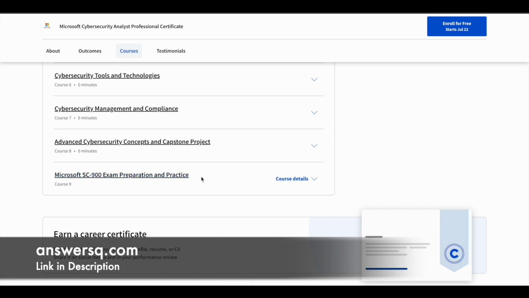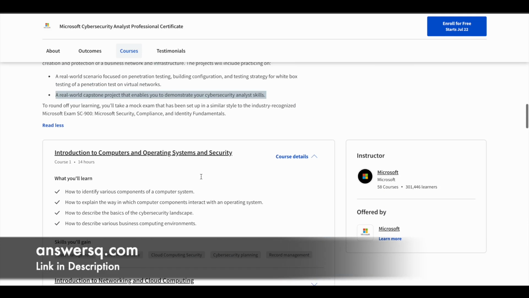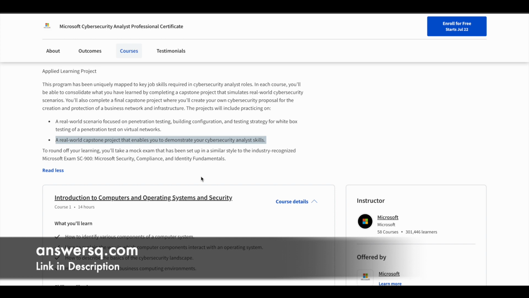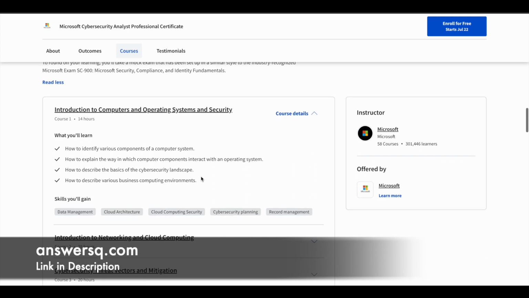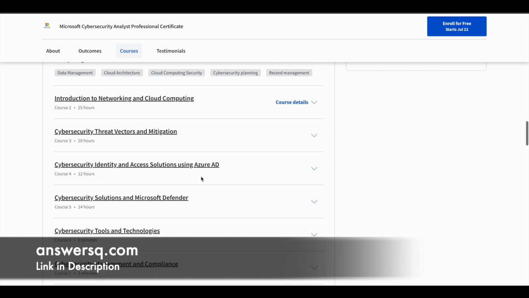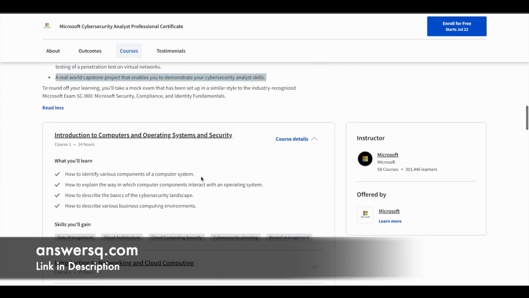So these are the 9 courses which are included in this Microsoft Cybersecurity Analyst Professional Certificate. So you can learn about a lot of things. That is why I said whatever you learn in this program is going to help you in real world jobs. I mentioned that earlier, because this program is going to cover a variety of topics. So after learning all these different concepts inside these courses, you'll become job ready in just 6 months. So that is what they are also focusing on.